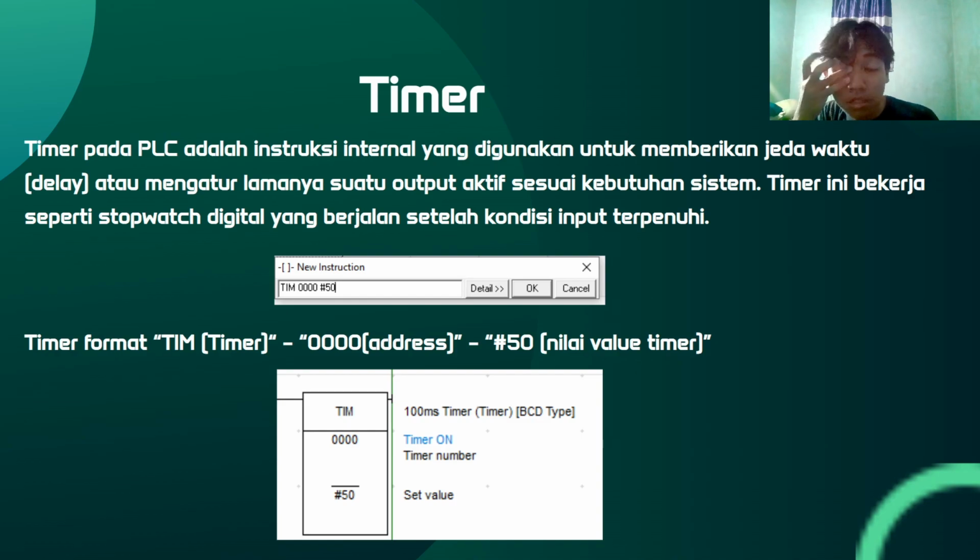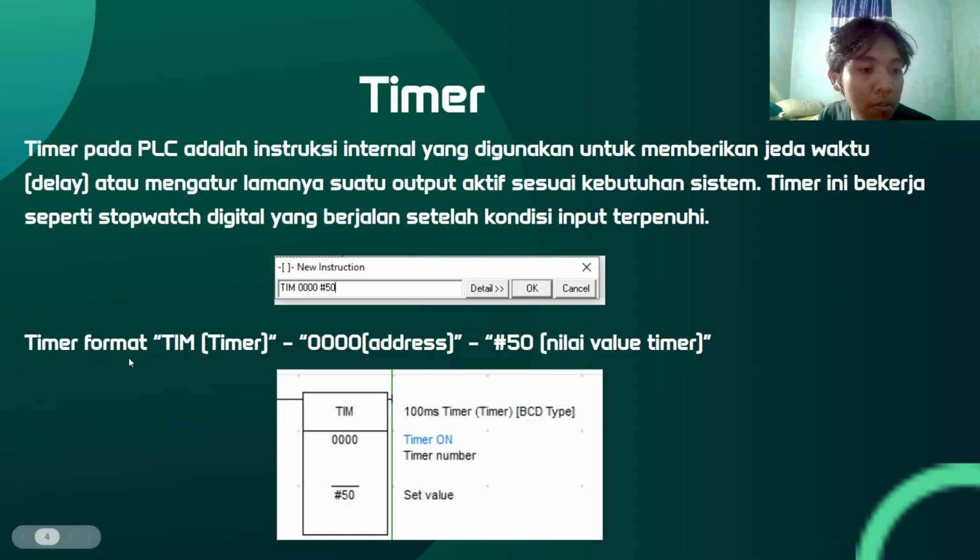This timer works like a digital stopwatch, and the stopwatch is full when the input is done.